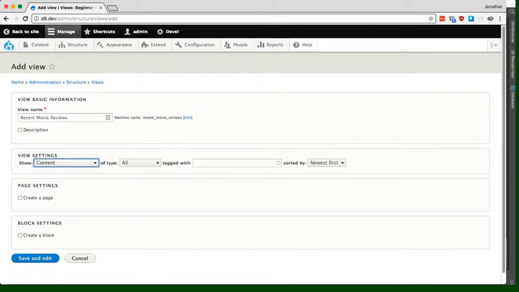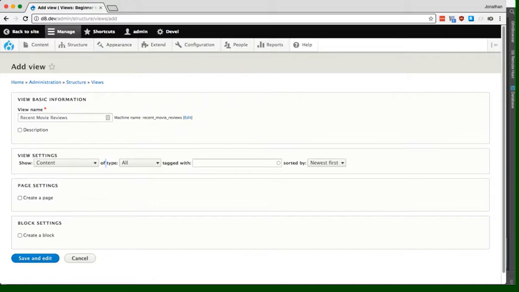Will expand this list to allow views to query that type of entity. So I'm just going to choose content, and the default Drupal nodes have bundles, which are called content types,